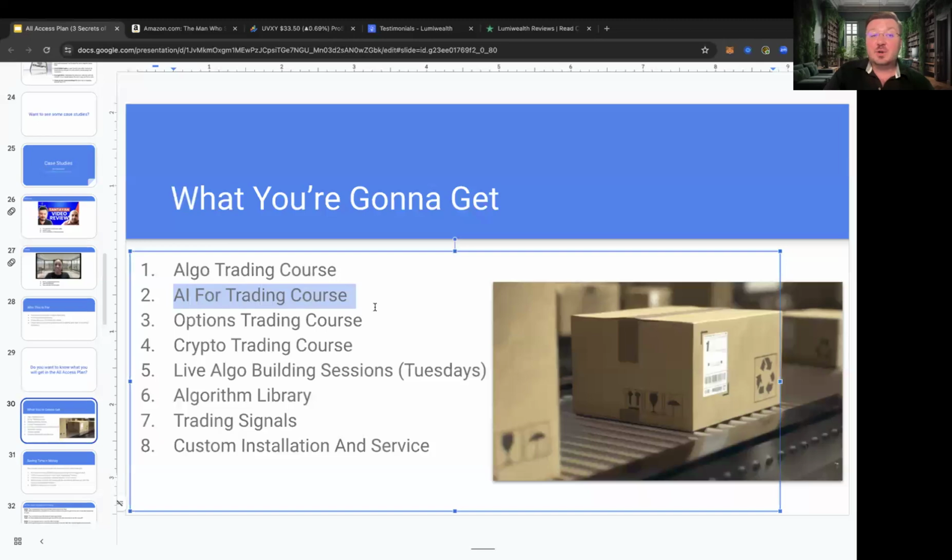You get an AI for trading course. So you learn how to use AI for trading. It's taught by a very smart guy who lives in San Francisco. He runs basically a business that builds machine learning and AI algorithms for hedge funds. And he got funded like $10 million by Andreessen Horowitz. If you know who that is, it's a really big deal, the fact they got that much funding. He went to like Stanford, Caltech, whatever. Really, really smart guy. Went to like all the best schools in the world, basically. Genius. He's the guy that teaches our AI for trading course. So really good person to learn from.